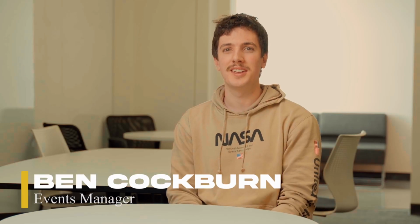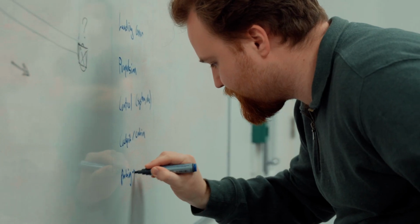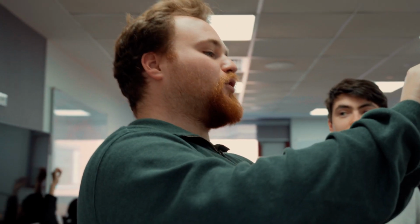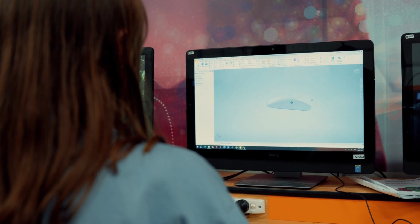One of the highlights for the DBF so far has been seeing the plane in action, just really getting a grasp for how the engineering really comes to life and seeing the effects that certain design changes have on the plane. Biggest highlight for me in the competition so far has been learning Inventor and learning a bit of CAD, being able to apply changing parameters into a CAD, and it's pretty interesting, and something outside of theory which we learn